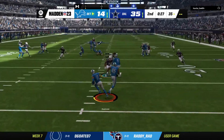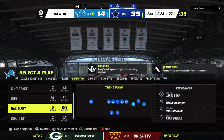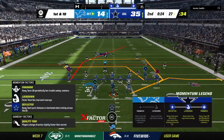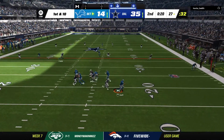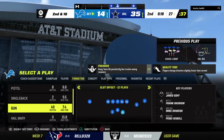Here's Raymond bringing it out. And this return will net positive as he gets past the 25 and up to the 27-yard line. The Lions offense ready to kick off their next drive. And with time quickly fading here in the 2nd quarter, not sure how aggressively, offensively they want to play this. I think we'll find out just how much they trust their guys in this situation if they decide to take